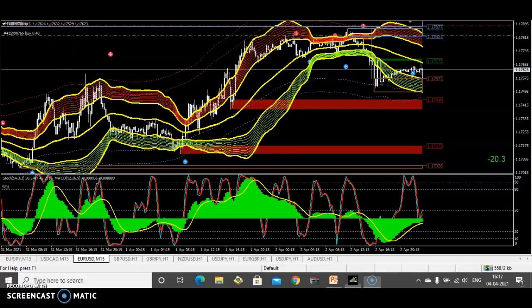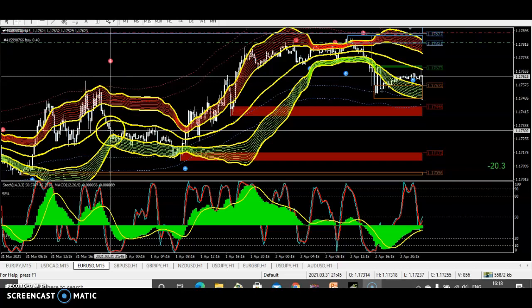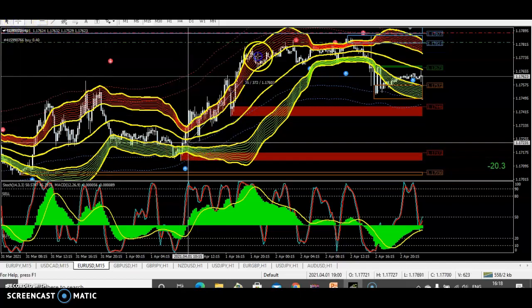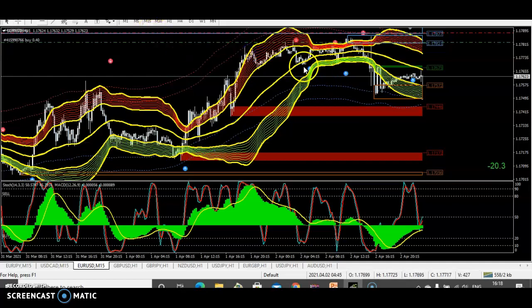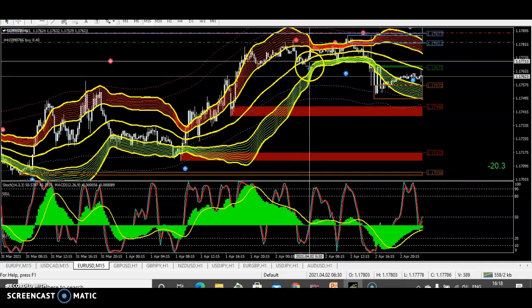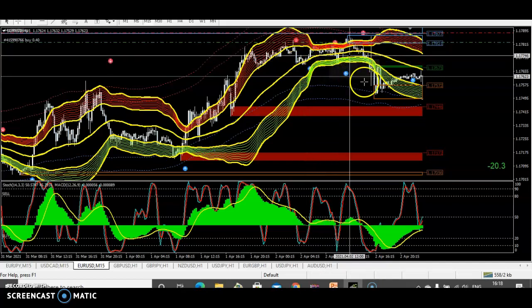If you see here, you got a signal, you just check out here, it is 11 pips. You got a signal over here, so it is going over there, so it is more than 50 pips. It's time frame M15 I usually trade just for scalping. You got a signal, if you want to keep it you can keep it, otherwise you don't take a trade, you can exit that trade.